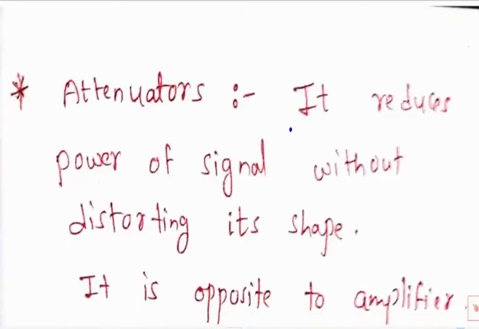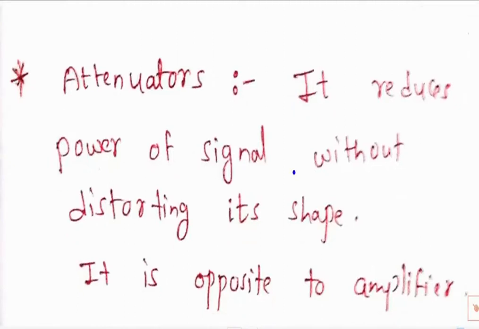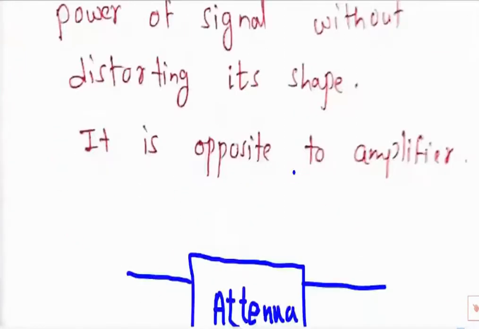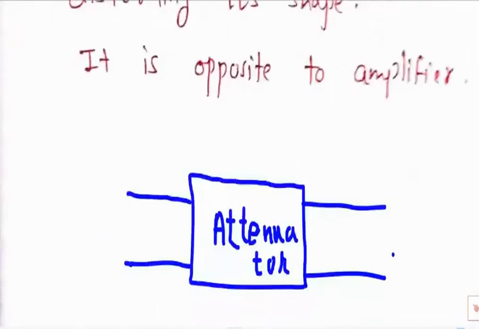Attenuators reduce the power of a signal without distorting its shape. So at the output we will get less power as compared to the input power. Now, one thing about the attenuator, as opposed to the amplifier, is that if I am looking from this input side,